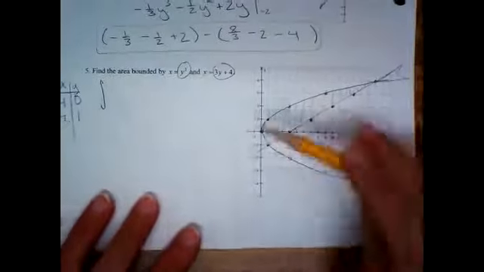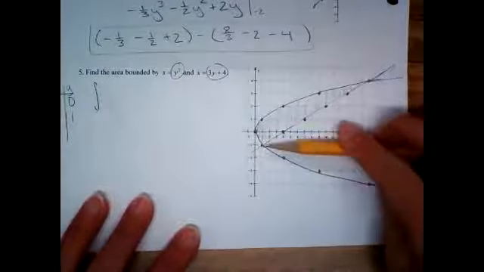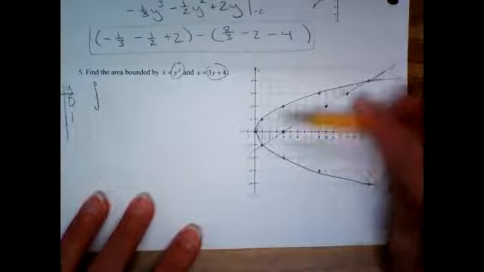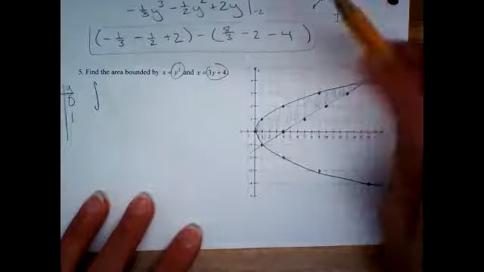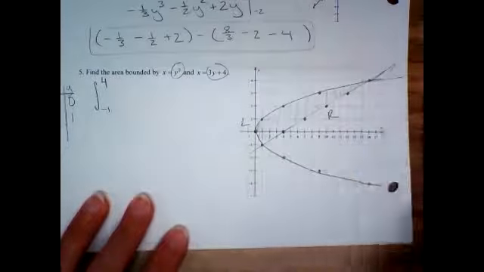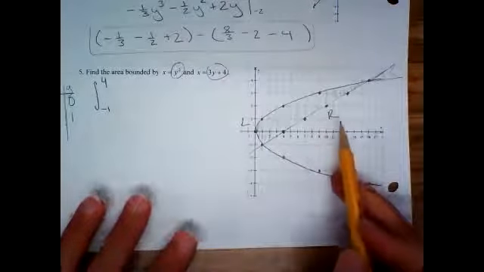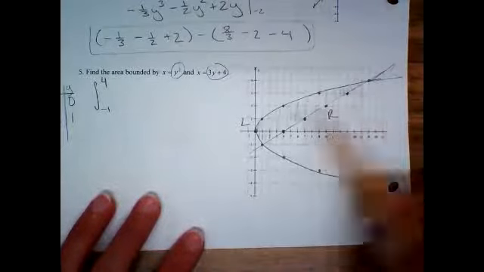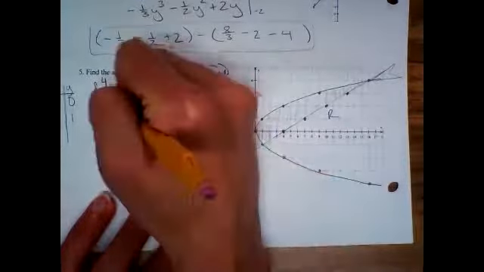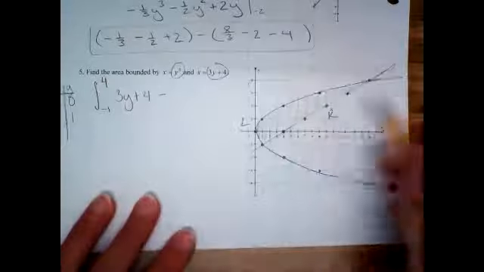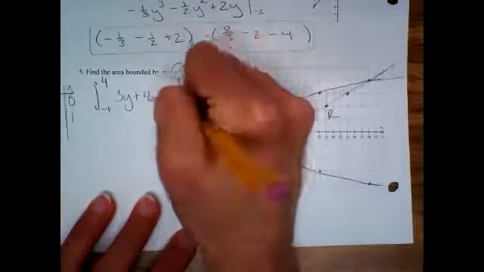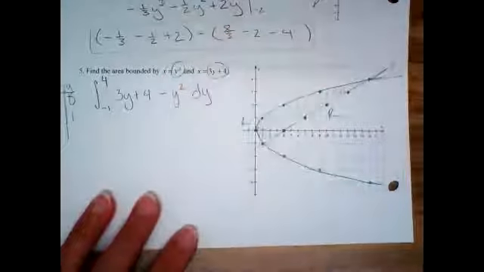All right, you need y values. So it'll be from where to where. Look at your y-axis. Good, -1 to 4. We're going to do right graph minus left graph. If writing those in helps you, then do it. The right graph is the line, so that's going to be the 3y plus 4, minus the parabola, which is the y squared, dy,